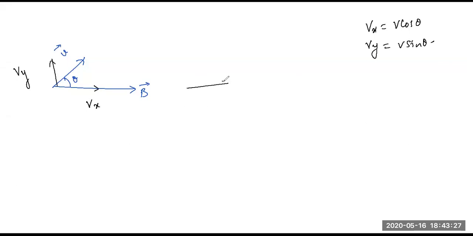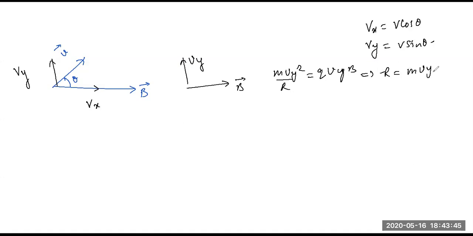Then I told you to analyze the motion separately. So one motion is like there is magnetic field here, and there is a velocity vector here. Angle between them is 90. So what I can say here is that m vy square by r is equal to q vy b, right? And when you solve it, you'll get the value of r as m vy divided by qb. So the only change is that instead of v, now you'll have vy. So r will now become m v sin theta divided by qb, and all the other quantities will have the same relation, right?